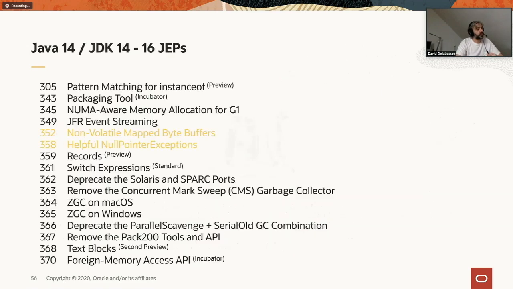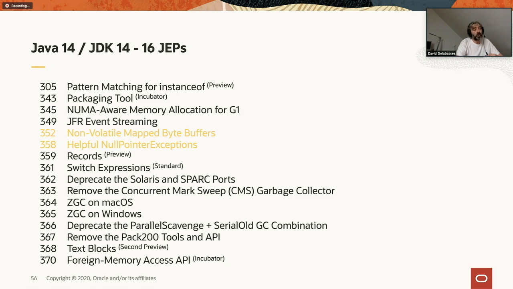These slides depict the content of JDK 14. I think that we have discussed most of the JEPs that we have here. The only thing that I need to mention, and I think I mentioned it at the beginning, is that JEPs are also used to remove older things from the platform. So you see that, for example, 362 and 363 are deprecating and removing things from the platform.